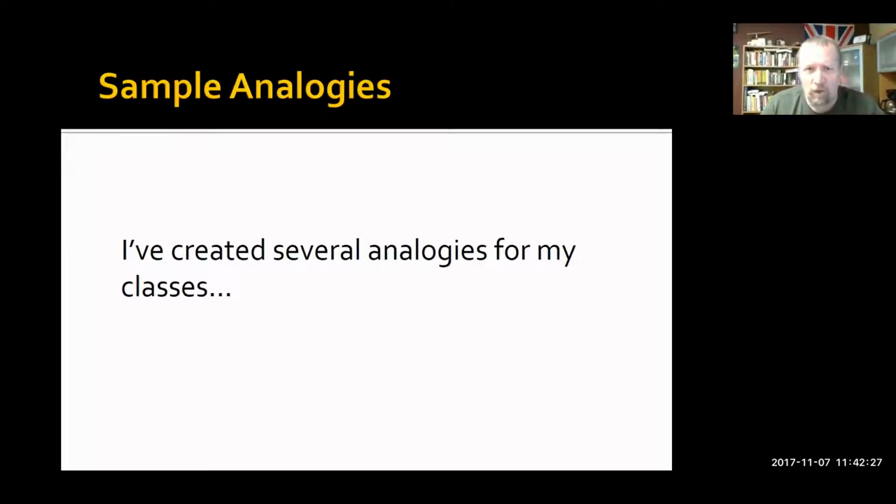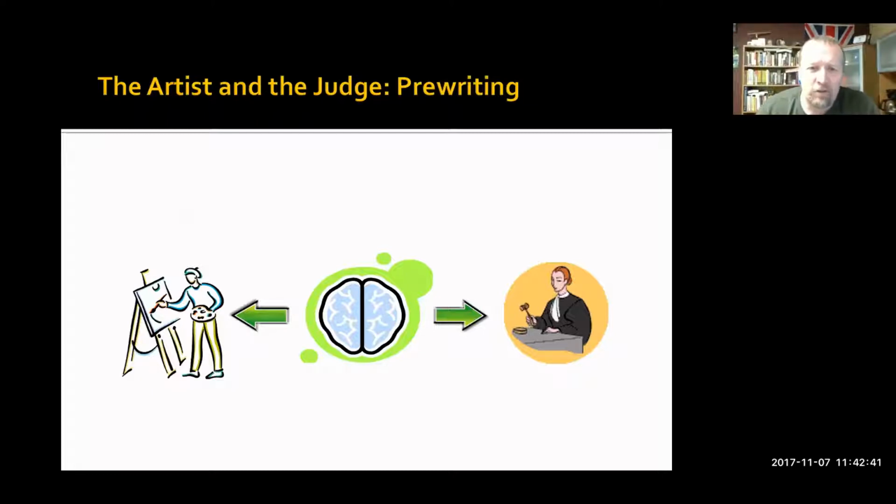I want to share with you a few that I use in my classroom. It took me, and it's pathetic, it took me years to come up with these, and it shouldn't have, but I wasn't thinking to do this. When I teach students about the writing process, they always say, oh, I get writer's block and it's terrible. I teach them this idea about the artist and the judge, that we have an artist and a judge in our brain. The artist is creative and silly and playful and has tons of stuff that he or she wants to say or paint or draw. The judge is very buttoned down and conservative and doesn't like things. The reason they get writer's block is because they're trying to put these two in a room together and make them work together, and they don't work together well.